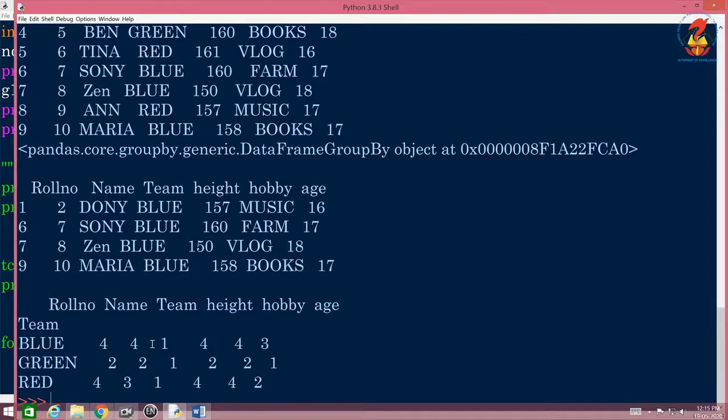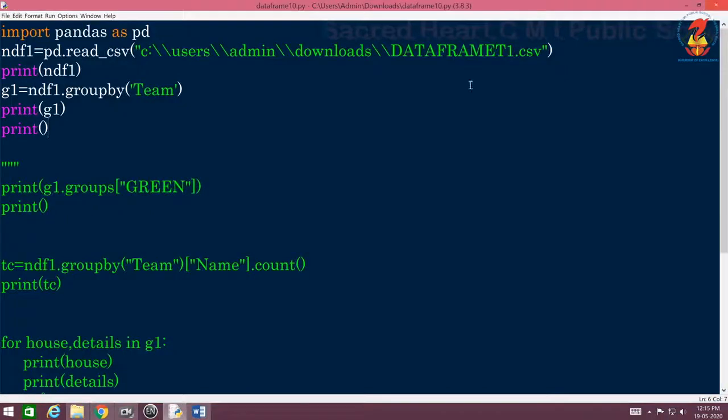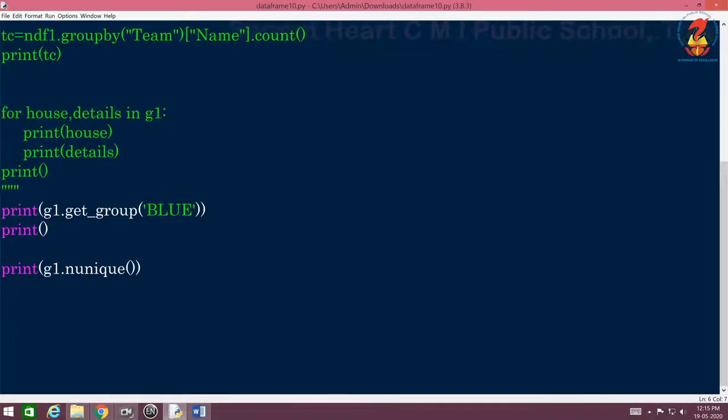This is not what you expected, I know. So 4, 4, 1, 4, 4, 3. What is this? This is actually the corresponding value of, no, I am so sorry. There is a small thing coming here. That means some things are over. I was wondering why this is coming.